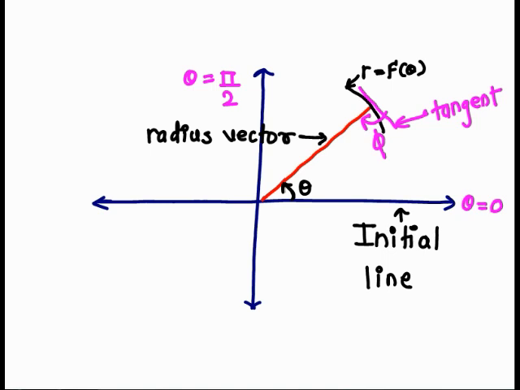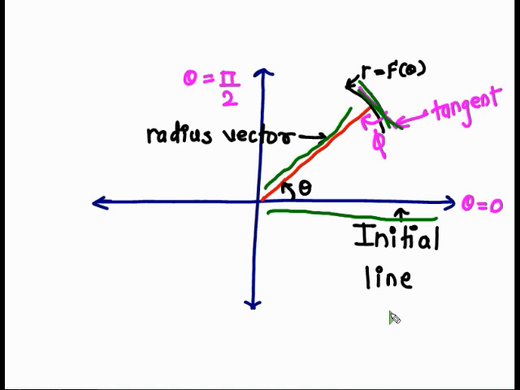Let's understand some basic concepts regarding the polar form. Now this line is nothing but our initial line, that is theta equal to 0. This red line is our radius vector, and this is our curve, that is r equal to f of theta. If you draw this pink line, that is a tangent, it makes an angle phi with the radius. And this theta is the angle made between the initial line and the radius vector. So hope you understand these are the basic concepts we require to trace the polar curve.